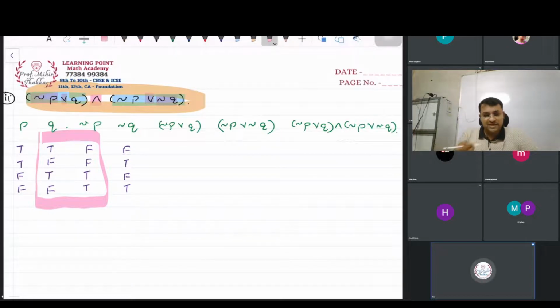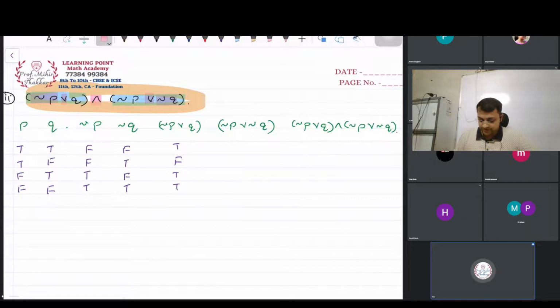Is there any such statement here, son? Just try to understand. In fact, just try to find it out. See, I can see the second one over here is having the same thing, FF. So in the second position, I will write it as F. But in other places, I don't have anything like FF. So in all the other positions, I will write the answer as T. So that was the next additional column that I have.